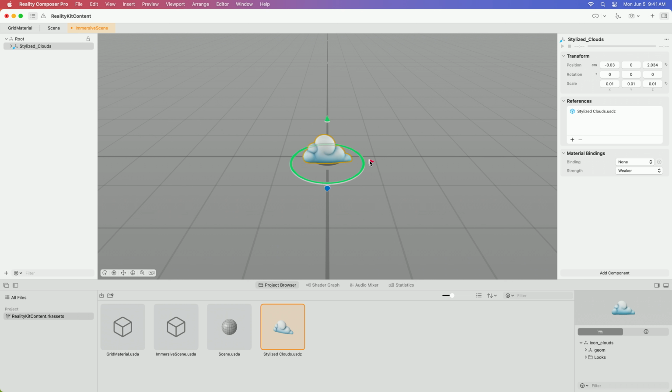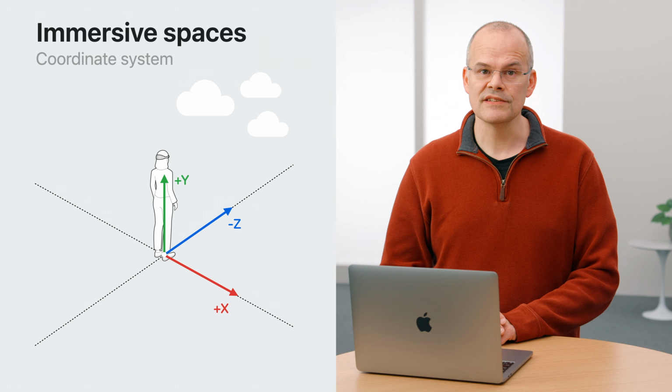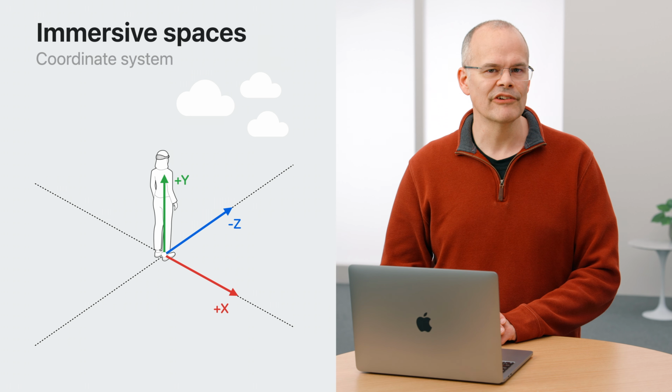You can also simply drag and drop a USDZ file from a Finder window onto the viewport to import and add it to the scene at the same time. Now, let's position the cloud in our immersive scene. We can move objects around by selecting them and using the handles that appear. Or we can manually set values in the inspector panel on the right. Since this scene type uses the inferred position of your feet as the origin, we should position the cloud such that it will appear someplace we'll immediately see it. In this case, we'll place it in front and a bit to the right of you, somewhat above eye level.